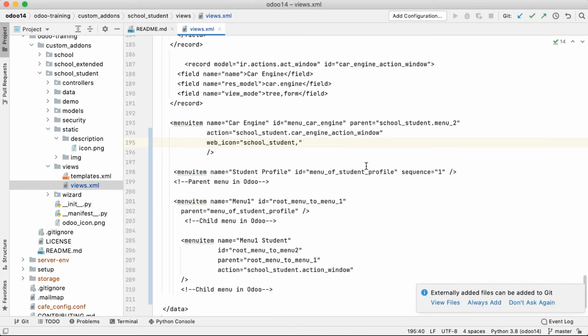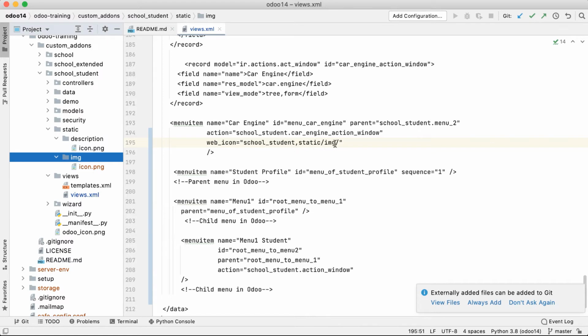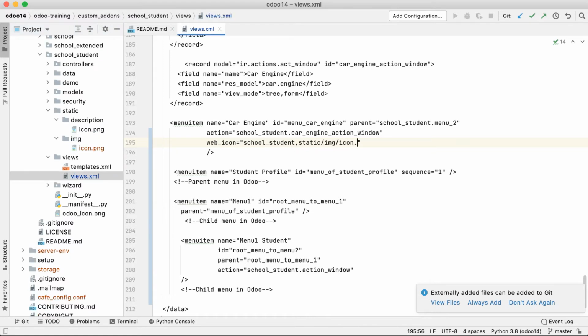So in this module you need to check static. Inside static you have to find the img folder, and under this img folder the name of the file is icon.png.